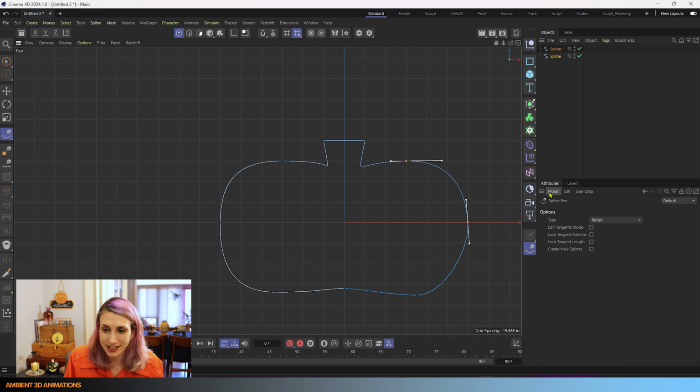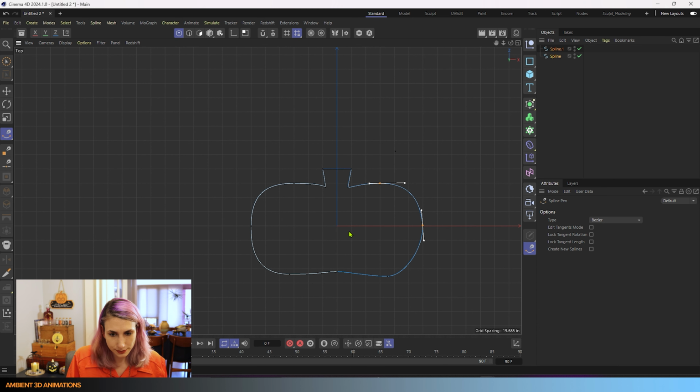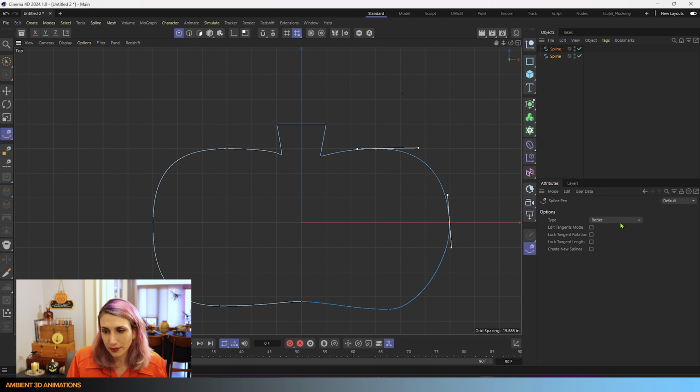the attribute manager. So we've been drawing Bezier splines, and that is pretty typical. It has the most options inside of Cinema 4D for drawing splines. But you'll see that we also have other options here. We have the linear spline, and we'll use that to make the eyes here. We have a linear spline, and the linear spline, it has no curvature to it. It just creates linear lines.